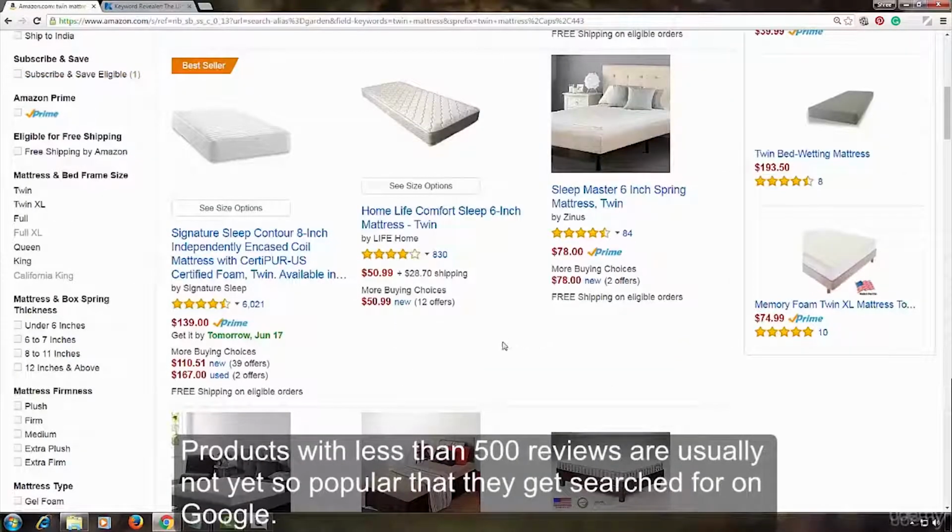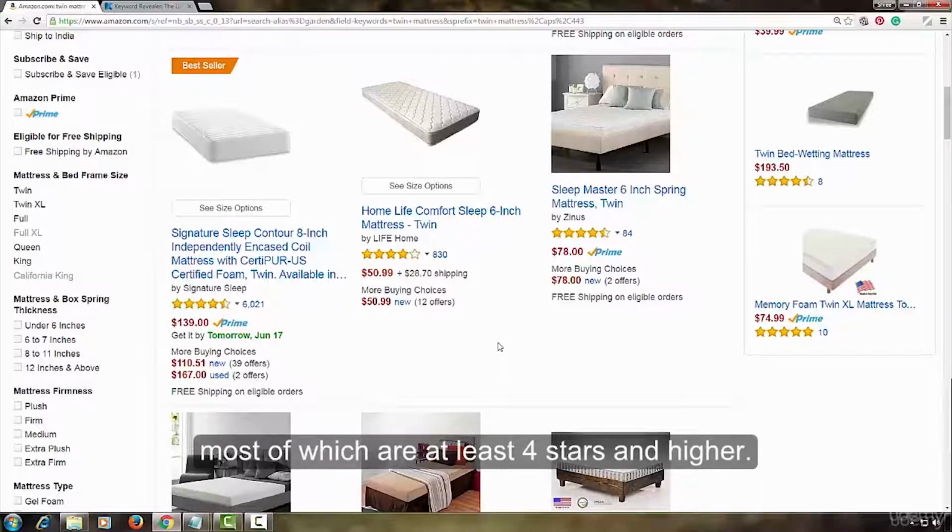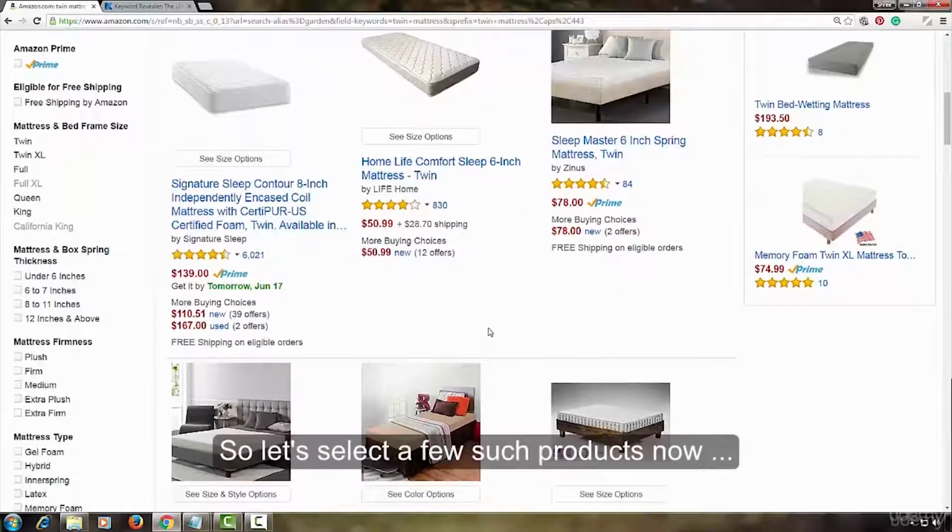Products with less than 500 reviews usually are not yet so popular that they get searched for on Google. So, as a general rule, you want to only select products with at least 1,000 reviews, most of which are 4 stars and higher. So let's select a few such products now.